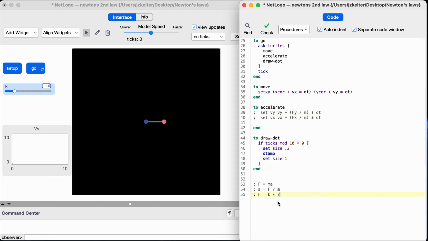So r here is actually going to be equal to the equilibrium length minus the distance between the turtles. So if the equilibrium length is 4, if the distance between the turtles is greater than 4, then this whole thing will be negative. And we're going to define a negative force as pulling them together. And if the distance is equal to 4, there'll be no force, which is what we want. That's the equilibrium length. And if the distance is less than 4, meaning they're compressed together, then we'll have a positive force pushing them apart. So if we go over here,